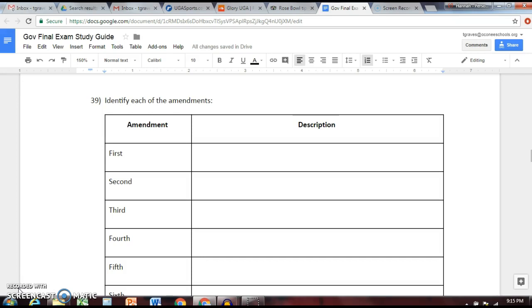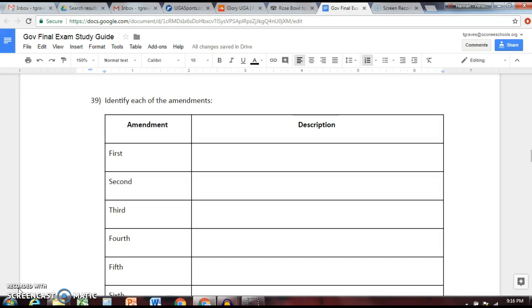Number 3, we talked about a little bit earlier with the first video, is no quartering of soldiers, like forcing people to keep soldiers in their homes against their will during peacetime. Number 4, we talked about a lot, freedom from unreasonable searches and seizures. Remember we watched the quick little video about the girl at school where the administrators forced her to undergo a strip search because they thought she had ibuprofen on her. And she alleged that that was a violation of her Fourth Amendment protection against unreasonable searches and seizures.